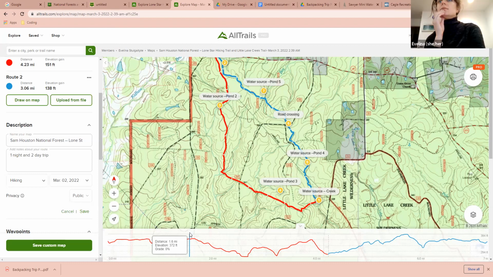On that backpacking trip, we camped at a designated camping ground because we knew it was there, and it's easier for a large group. But on this hike, I believe in the National Forest you can stop along the way and camp anywhere. Okay, very cool. Nice. That was fun. Any other questions?